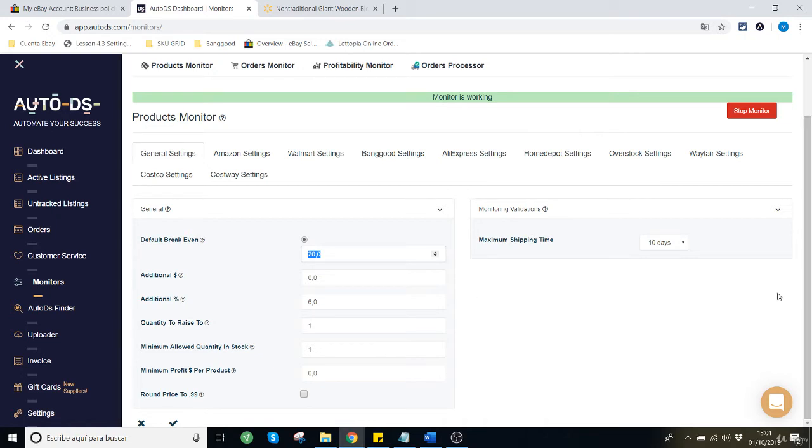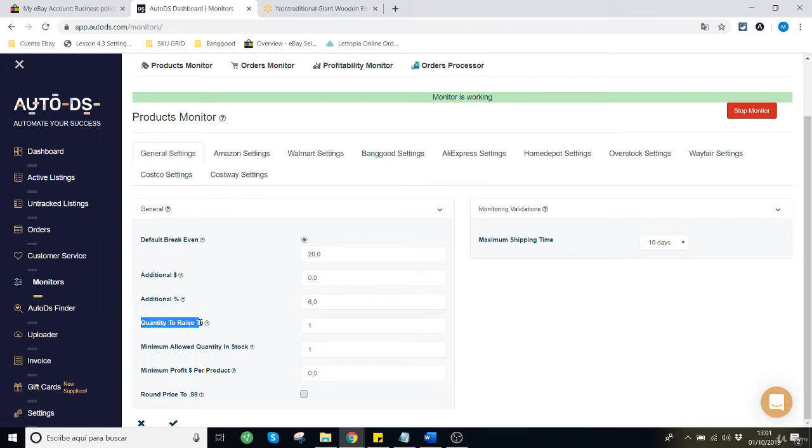Especially if you are a new seller; once you become advanced, you can come back here and change this if you are calculating your profits with the profit calculator, as we show you in this course too. So I will leave this on 20, with $0 additional dollars, and for the additional percentage, I would say 6% profit.